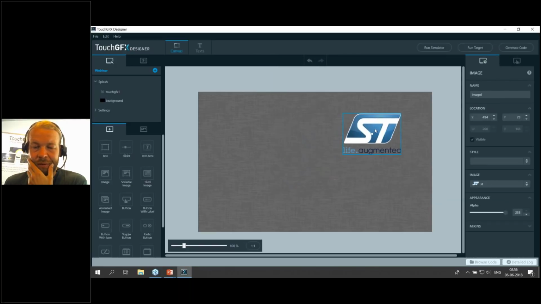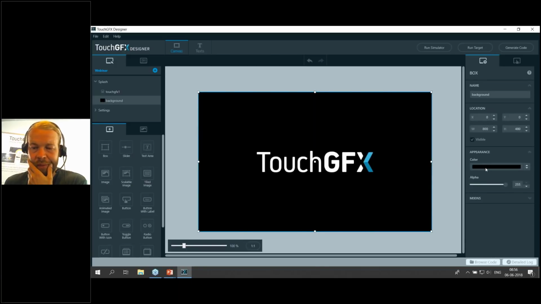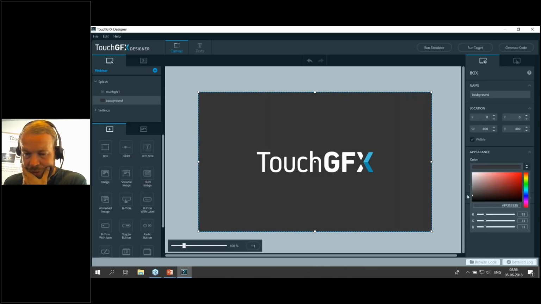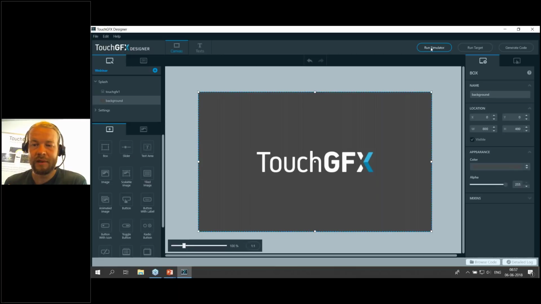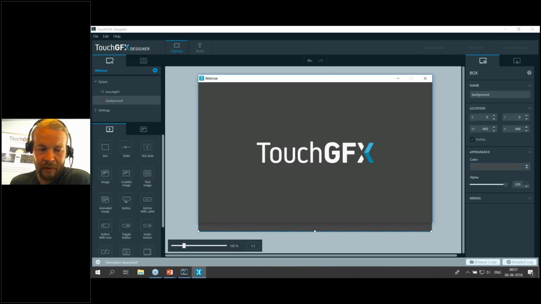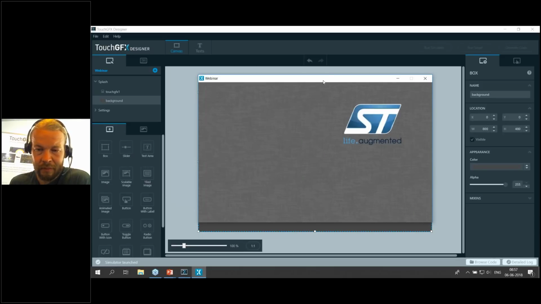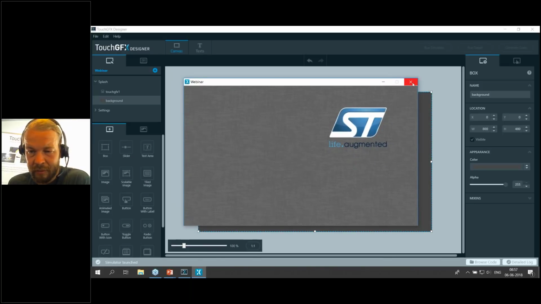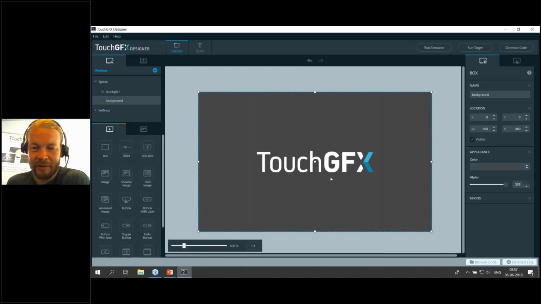I want the logo up here. I want the background to be a little bit lighter. And then I can again generate the code, run the simulator, and see how things are looking. And so I can iterate my UI designs or my UI concepts within a few seconds. It was almost hard to see because it looks so much like the, yeah. Okay,